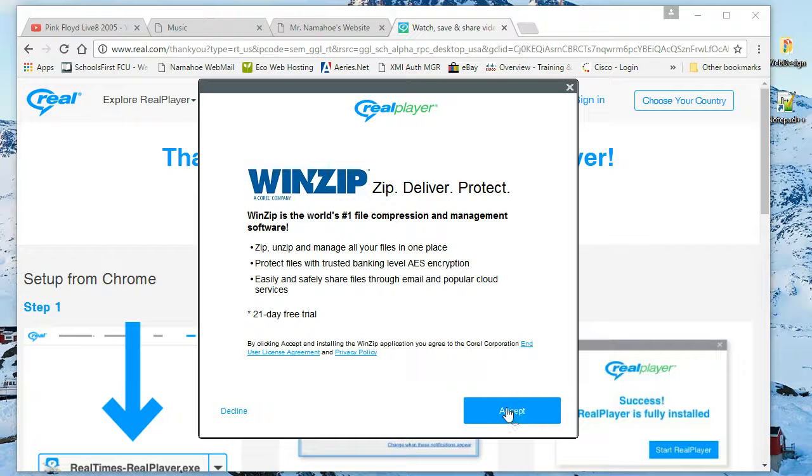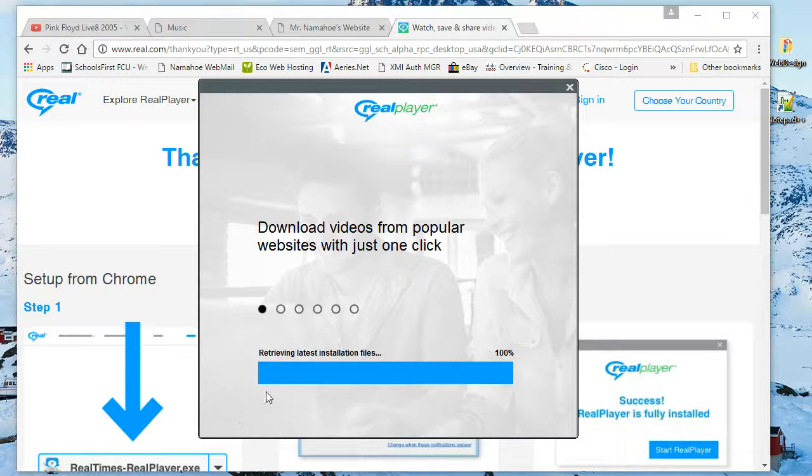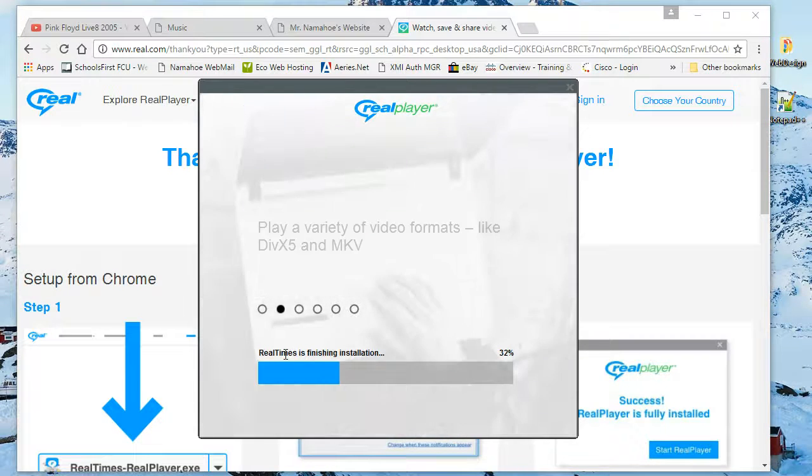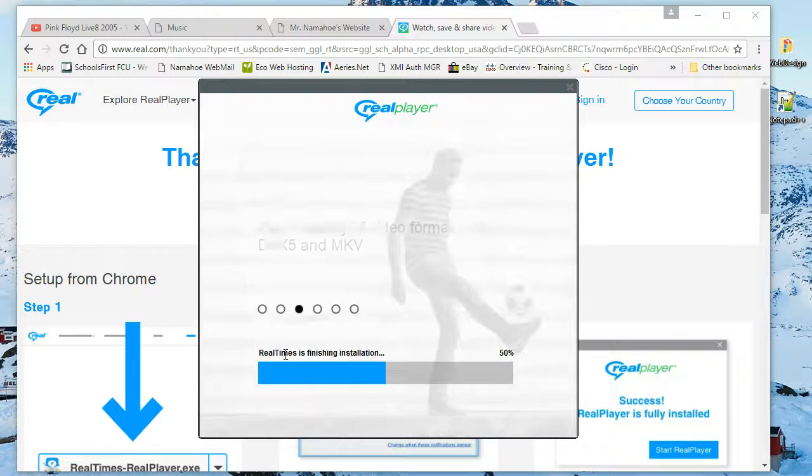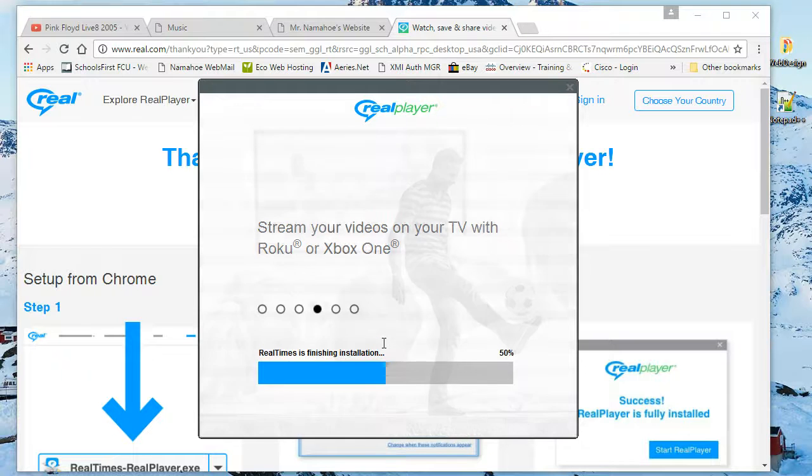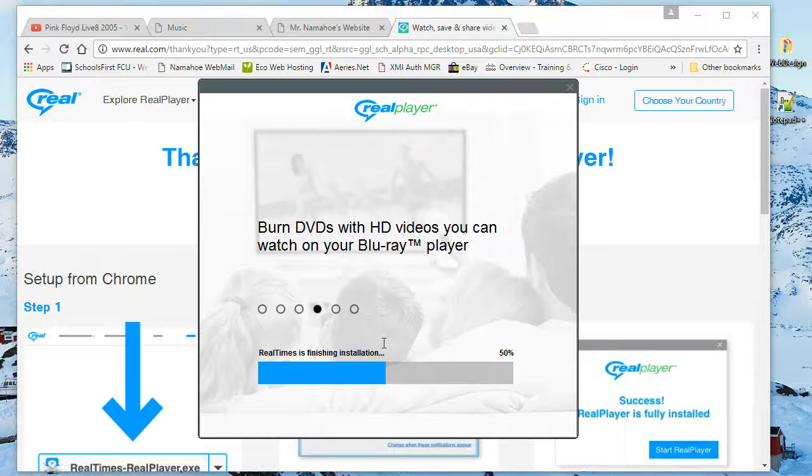When it installs, it's going to ask if you want free software. Tell it to decline. Then it's just going to install it and put it on your hard drive. So we'll let it do that. Like I said, it's already on this computer, but we're going to do it again so you guys see what's happening. It just takes a few minutes, and then I can show you how you would download a video. Even this screen here will tell you how it's done. It's pretty simple,